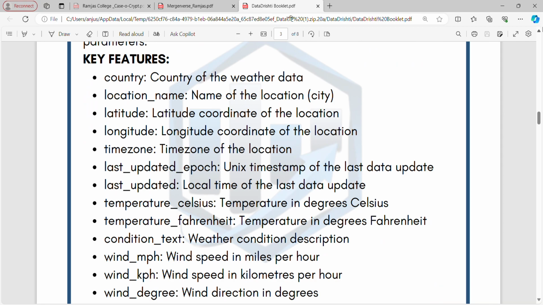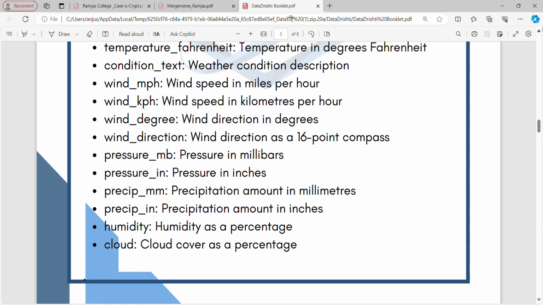Okay, I do have the files with me. Key features: country of the weather data, location name of the location, city, latitude coordinate of the location, longitude coordinate of the location, time zone of the location, last updated epoch, Unix timestamp of the last data update, last updated local time of the last data update, temperature Celsius, temperature in degrees Celsius, temperature Fahrenheit, temperature in degrees Fahrenheit. Condition text, weather condition description, wind mph, wind speed in miles per hour, then wind speed in kilometers per hour, then wind direction in degrees,